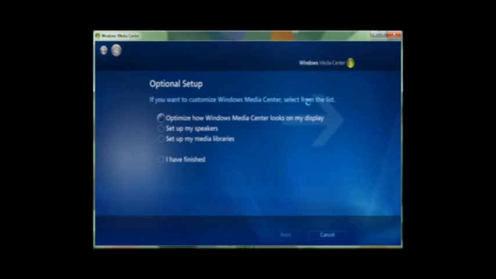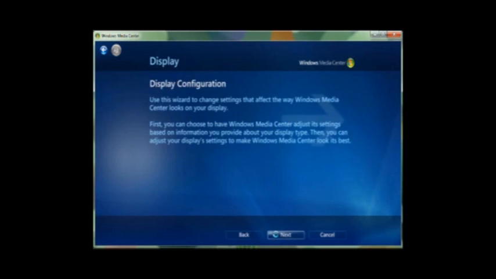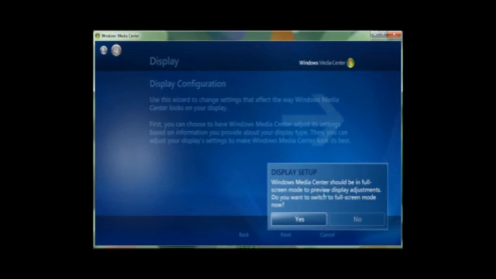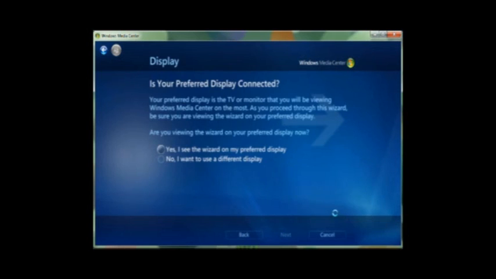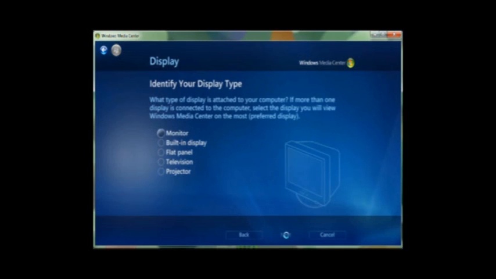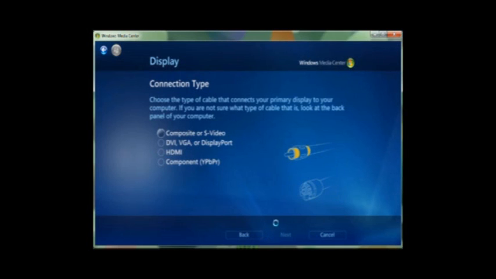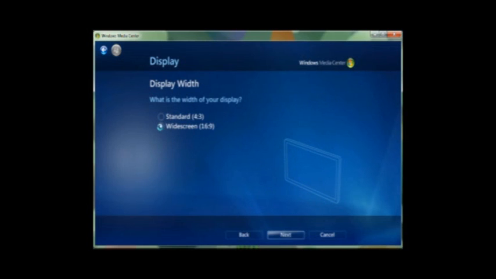First, I'm going to optimize how Media Center looks on my display, and then we'll set up my speakers. Now, for the purposes of this configuration, I do have dual monitors, but I'm going to leave it on a single monitor, and I'm not going to do it full screen because I want to make sure that I can get through this. We are going to use the wizard, and I do see it on my preferred display. I have a flat panel, so I'll select that, but you'll obviously choose the type of monitor that you have connected. I'm currently using a DVI connection to both of my monitors, so I'll select that, but again, you can select what you have. And both of my monitors are widescreen,